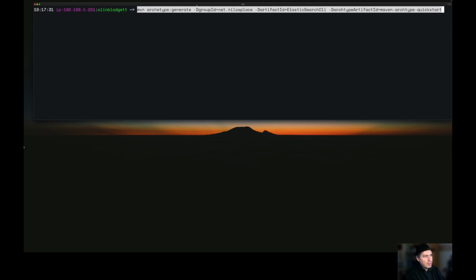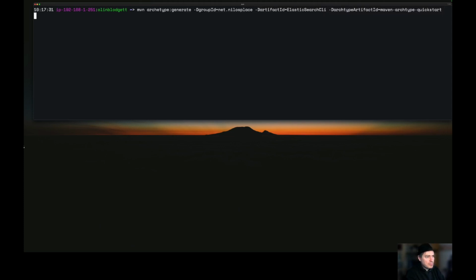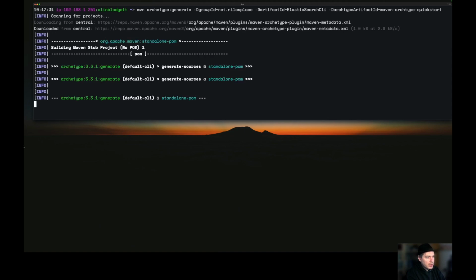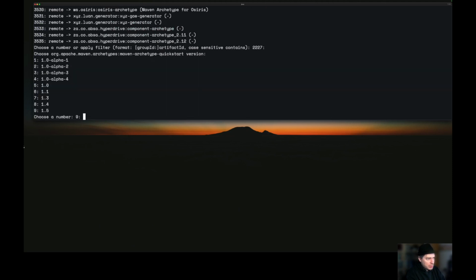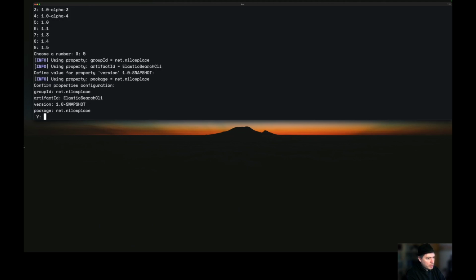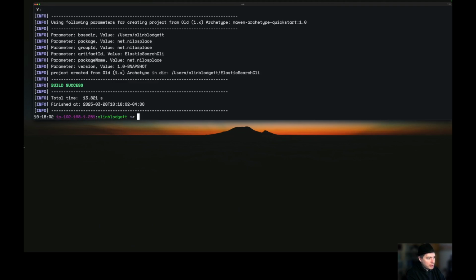It's mvn generate, here's the group ID, and here's the artifact ID, the name of the project, and we're going to use the quickstart, which basically just gives us a very simple project. When we run this, we're going to get a directory. It's going to ask for some options here. I want to call this 1.0, 1.0-SNAPSHOT's good. That's my package. And just like that, we have